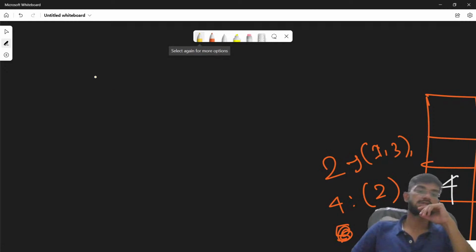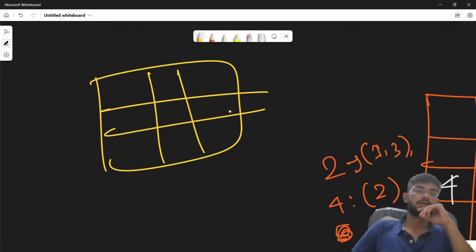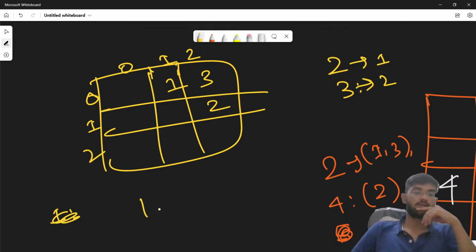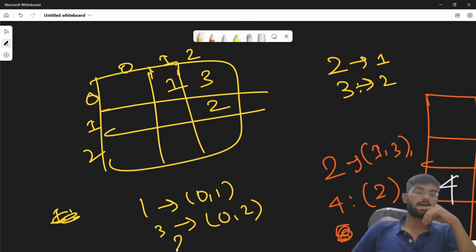So in the initial stage, we had a 3 cross 3 matrix. I put 2 here and 1 and 3 here. And then I'm thinking, okay, 2 is towards the left of 1 and then 3 is towards the left of 2, right? So I know 1 is placed at 0 comma 1, 3 is placed at 0 comma 2, and I guess 2 is placed at 1 comma 2. Since 2 is towards the left of 1,